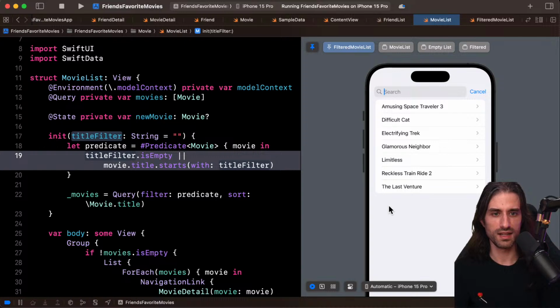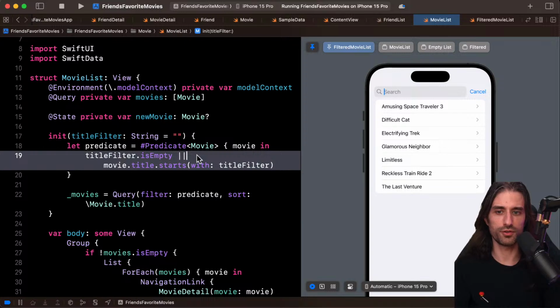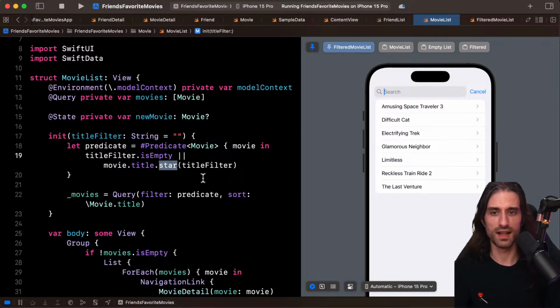But if I do everything lowercase now, or if I don't keep the same case, you see if I do a capital I, it won't work anymore. So not a great idea to do this for the UX, but you know that you can use this function if you want, but you cannot use every single function.